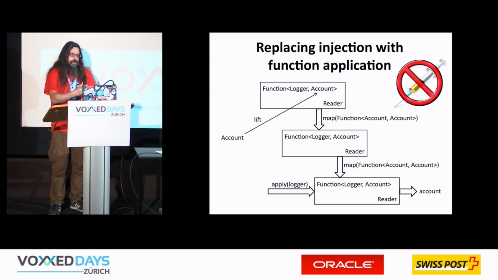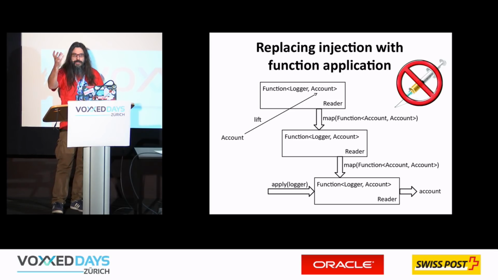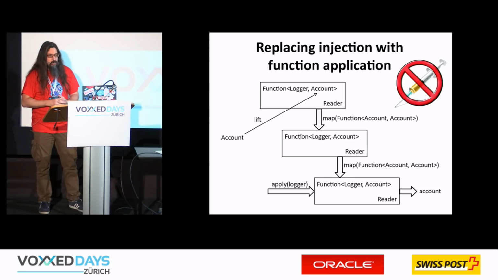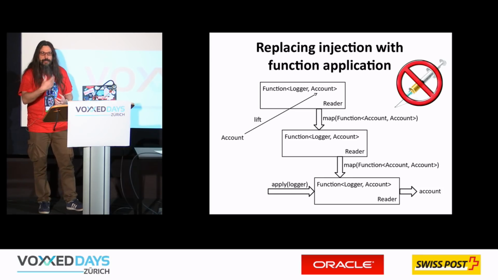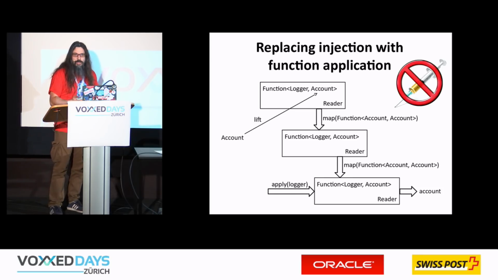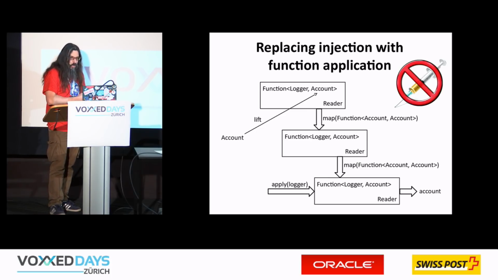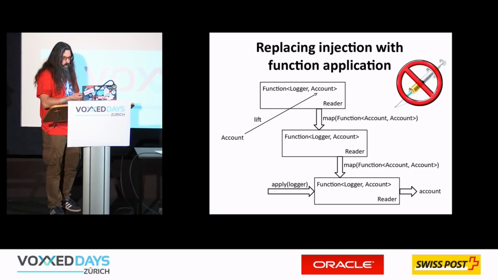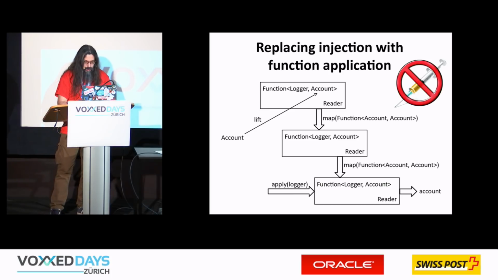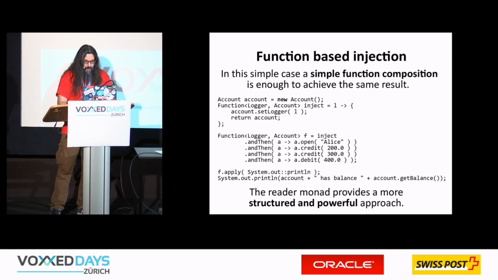so this is a scheme of what I'm doing here. I have an account, I'm lifting this account into a reader monad, I'm calling map, and again, and so only when I'm ready, I can apply this function with the dependency and be returned with the value, okay? And in reality,